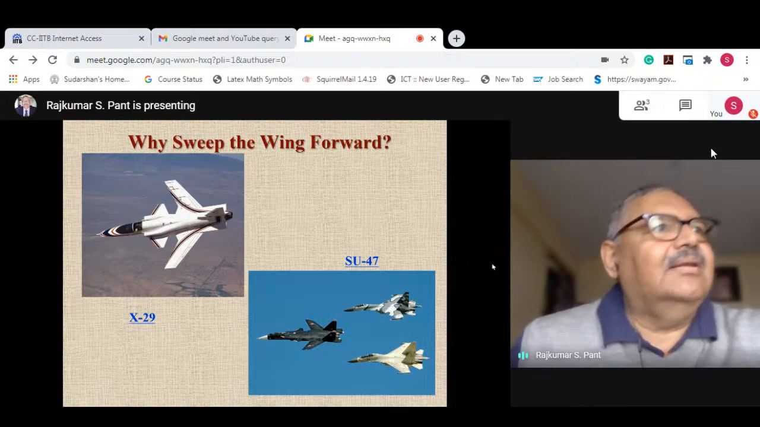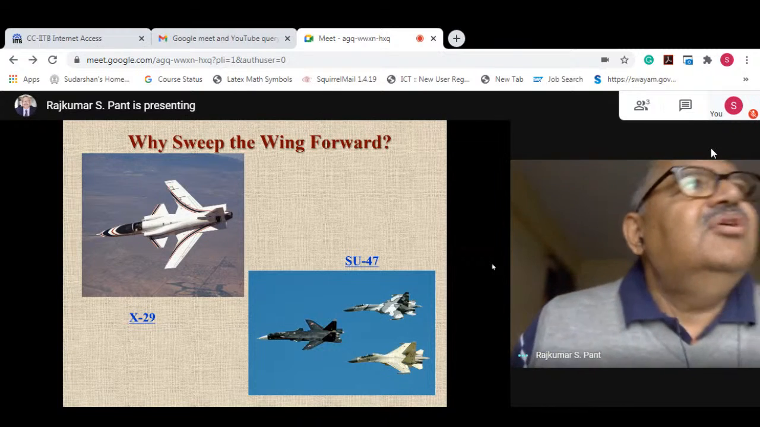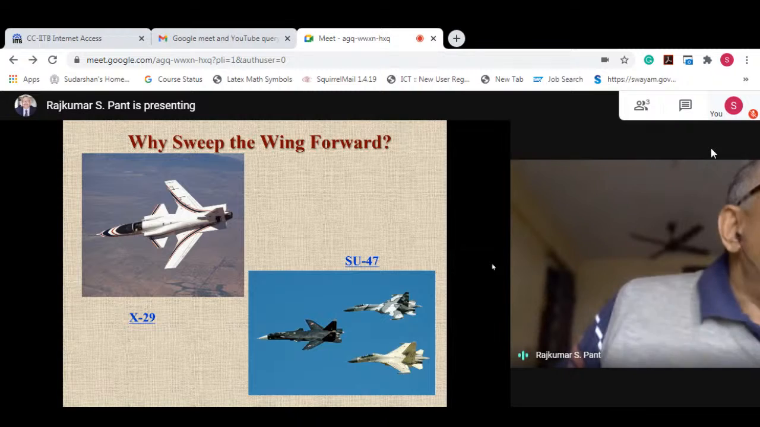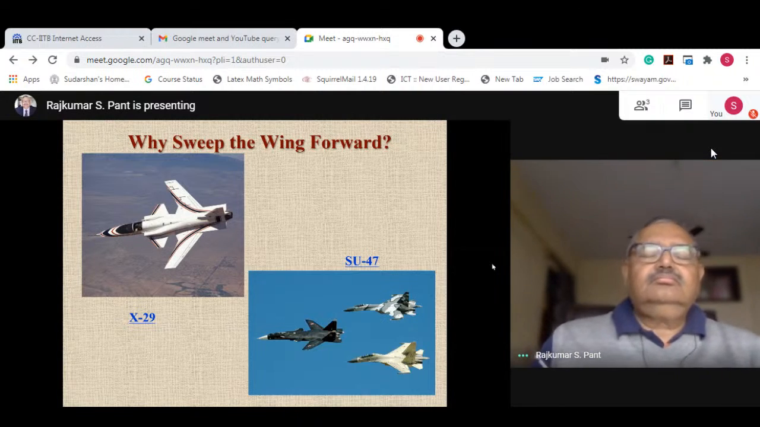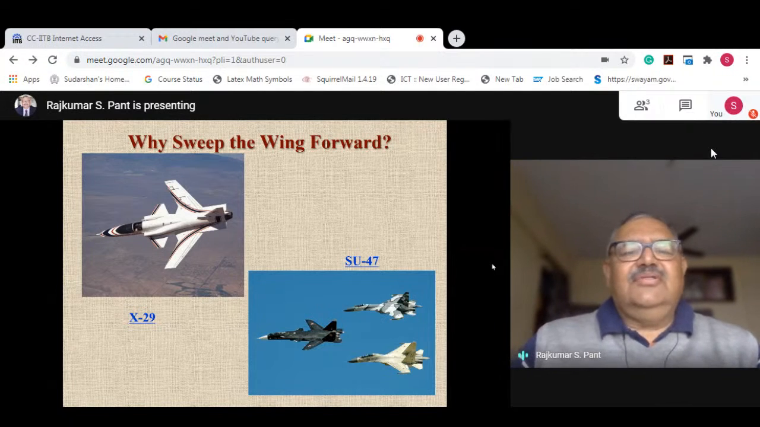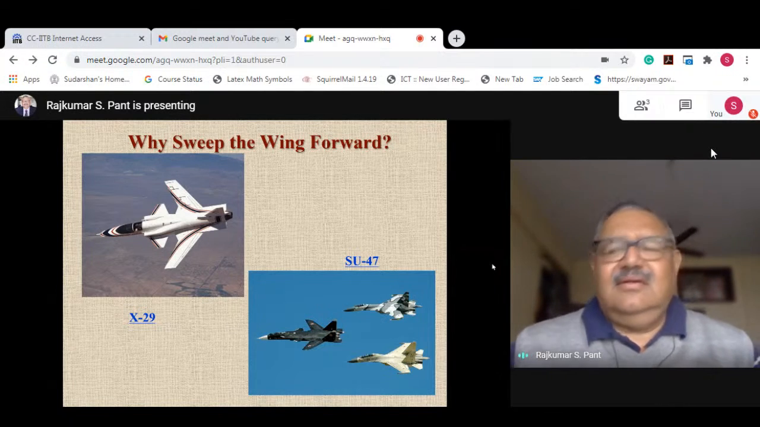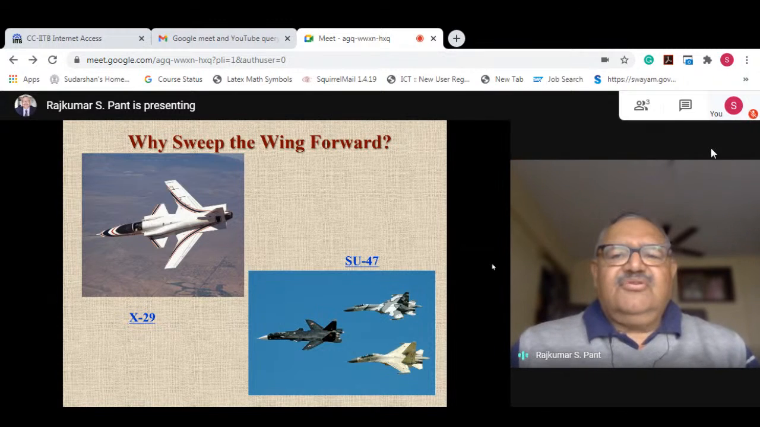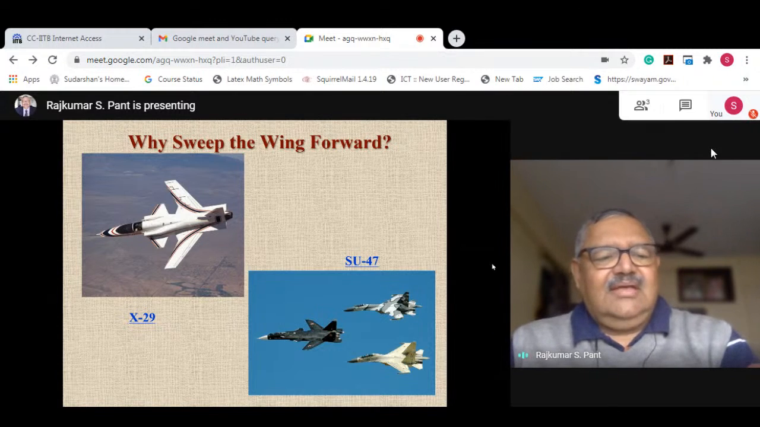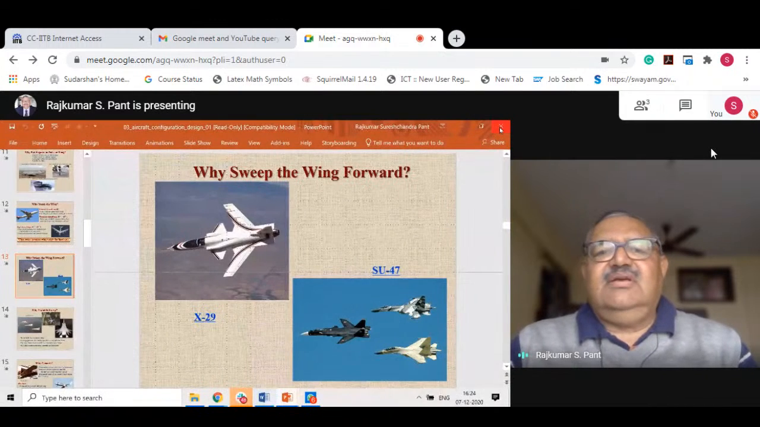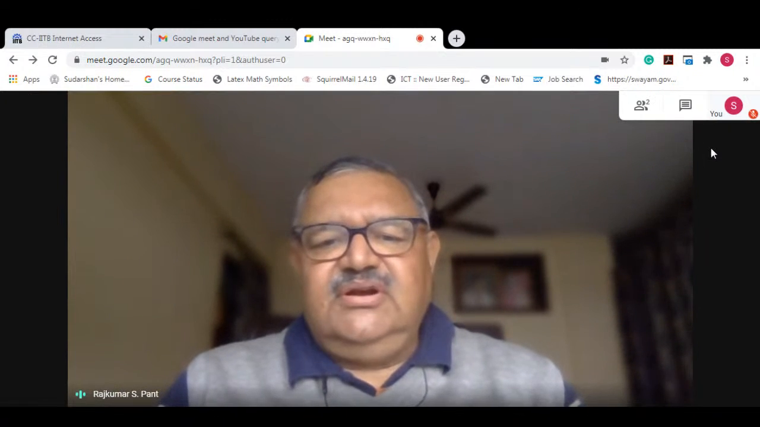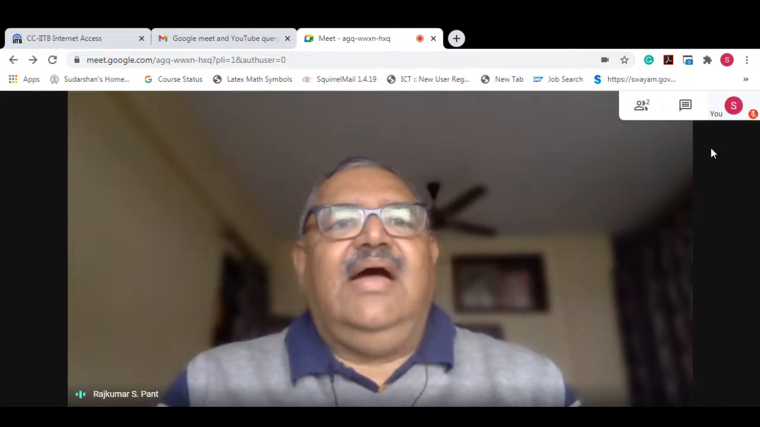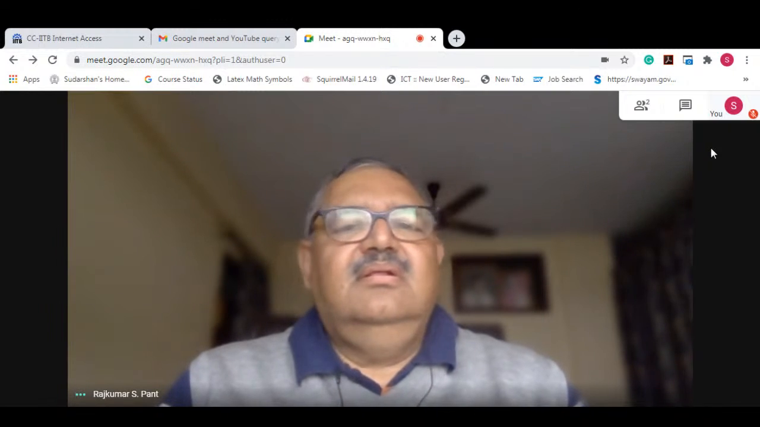So it doesn't couple. In case of swept forward wing, there is an adverse coupling, and that leads to torsional divergence. Now this torsional divergence can be handled by what is called aeroelastic tailoring. That is, by designing the aircraft in such a way that the aircraft is strengthened in a manner that the loads which are coming are taken care of